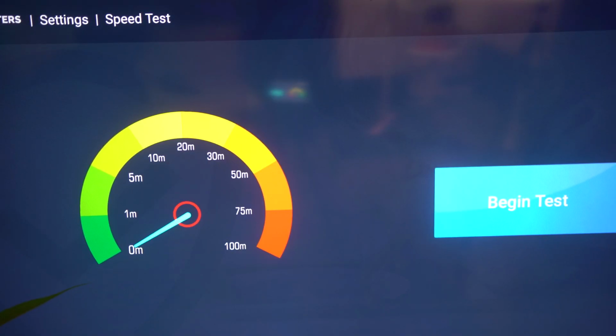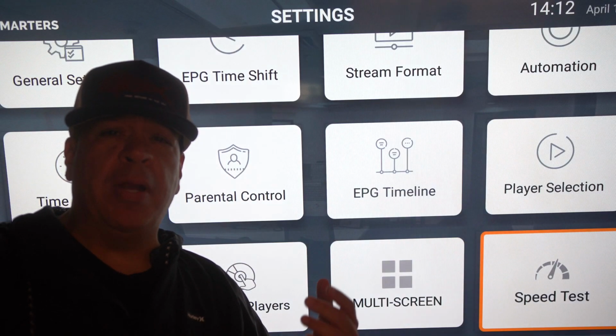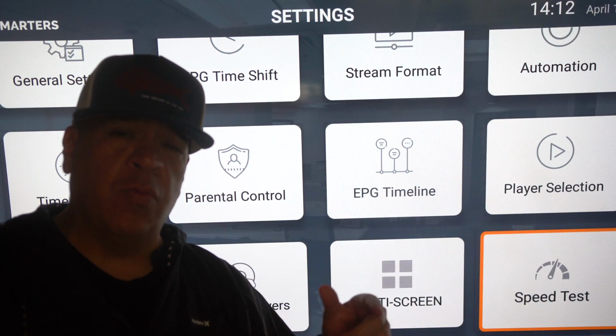Now I have 1 gig. Now I'm not going to get that for sure. It's going to tell you on the right side your location. I don't want to put my location. So what am I getting? 30 megabytes download, and we're going to look at the upload. The upload is about 20 upload, 19 upload. My ping is 12.64. So now if you go below 15, you definitely have an issue with your internet at